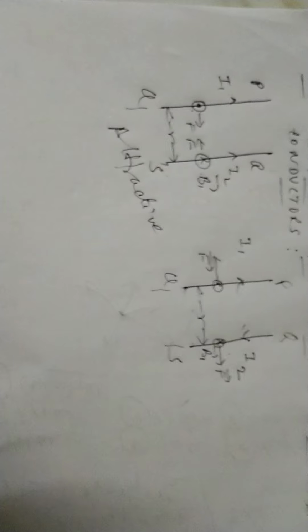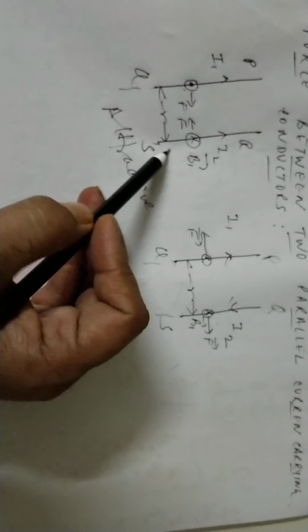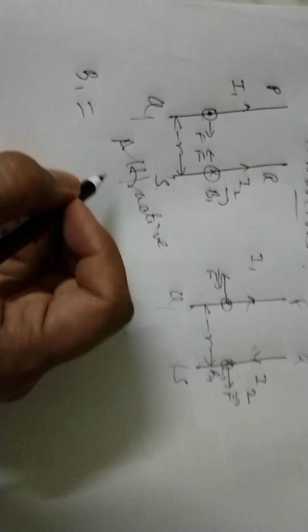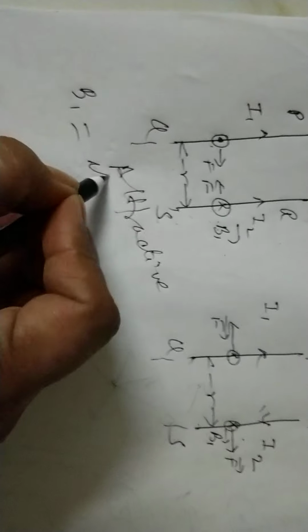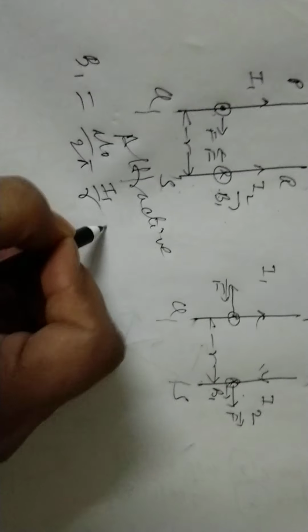The magnitude of the magnetic field B1 at any point on RS due to the current I1 in PQ is given. So what we are talking about is the magnetic field here because of the current flowing here. So we can very well write B1 equals mu0 by 2 pi, I1 by R. So this is either in vacuum or in air. How have we got this formula?